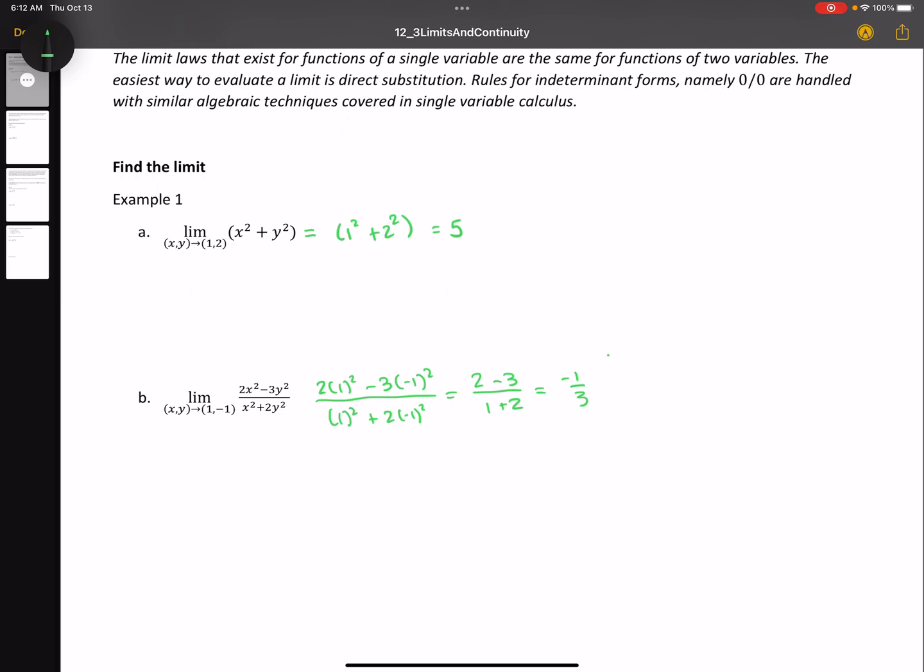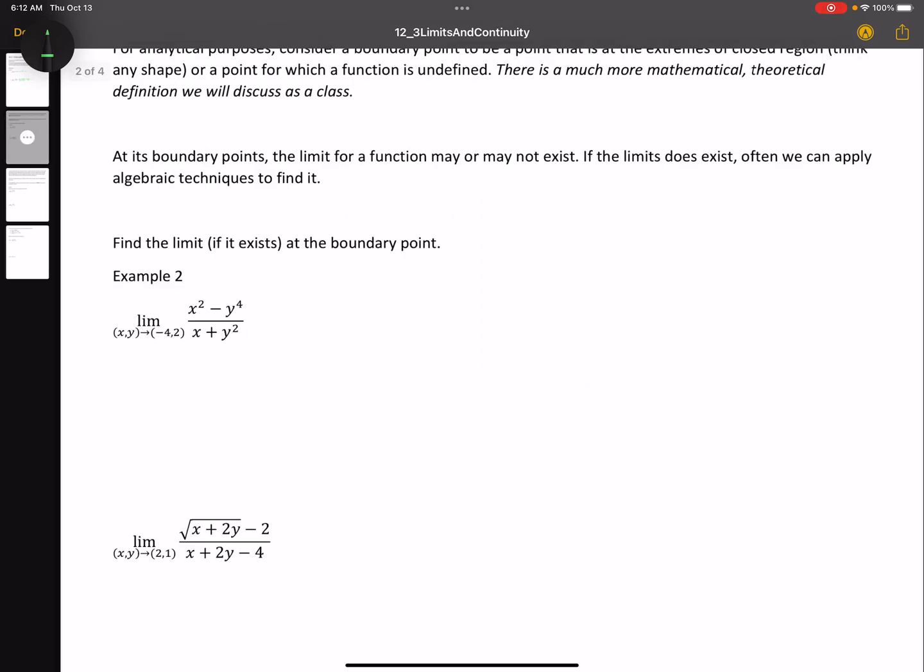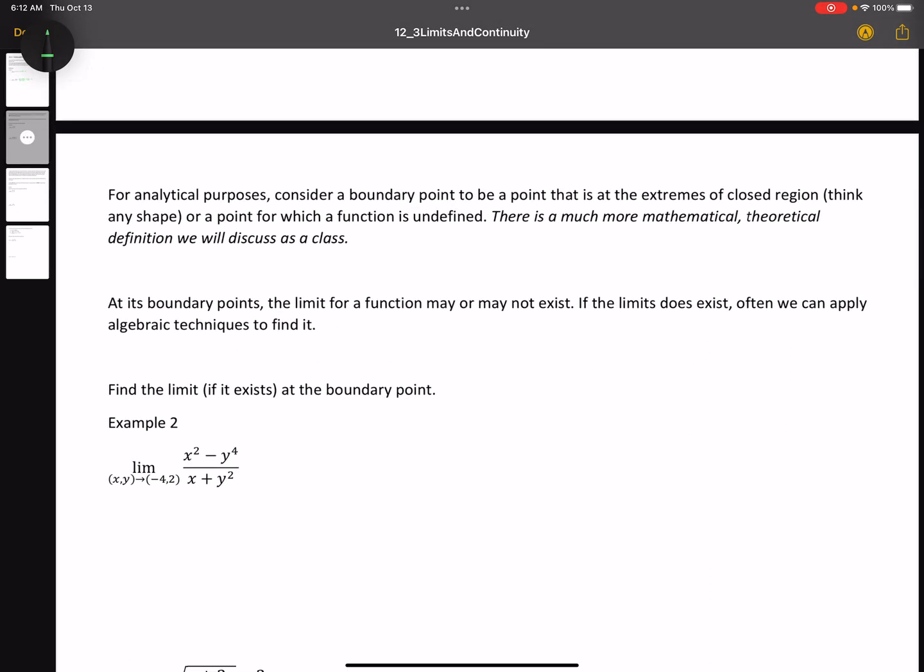So far, so good. Again, the easiest way to evaluate a limit is direct substitution. We'll talk more about this in class, where we can draw some examples of a boundary point. But for the purposes of us doing limits, consider a boundary point to be a point that is at the extremes of a closed region. So like if I draw a circle, for instance,